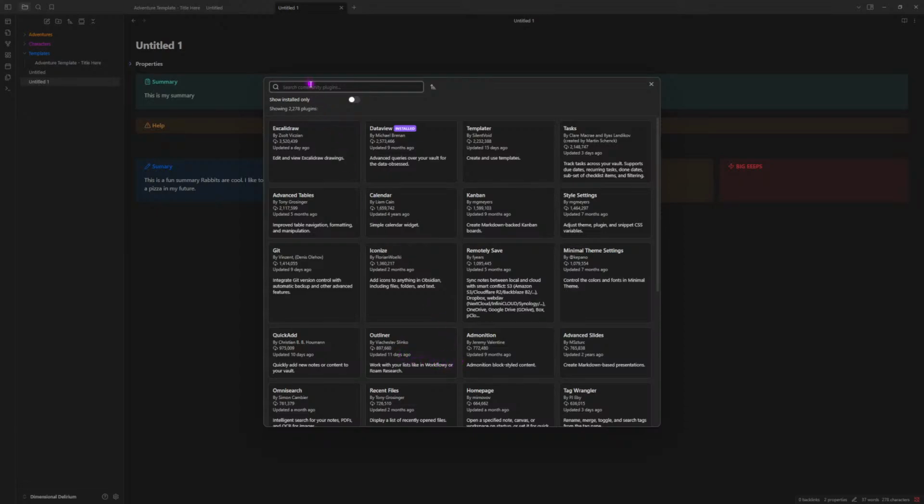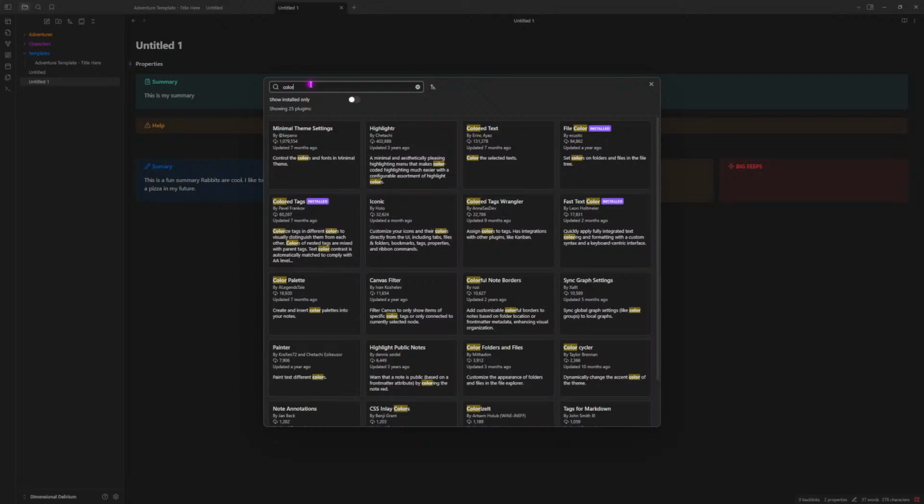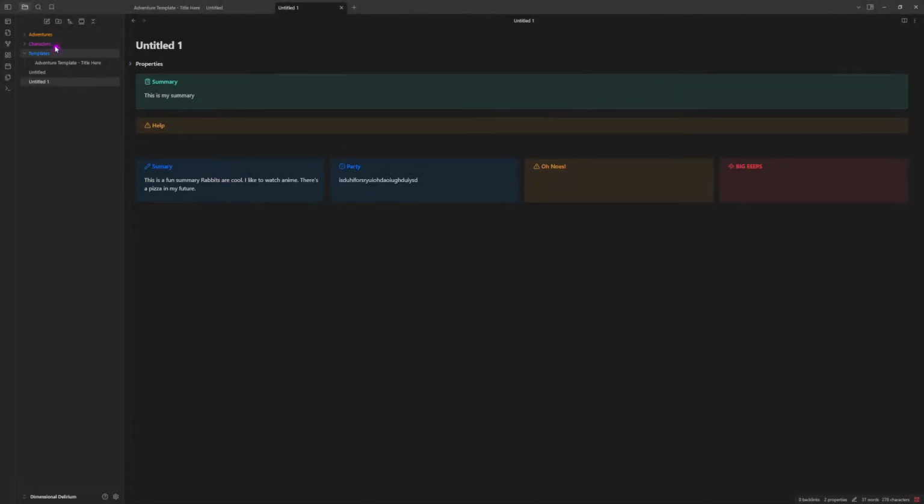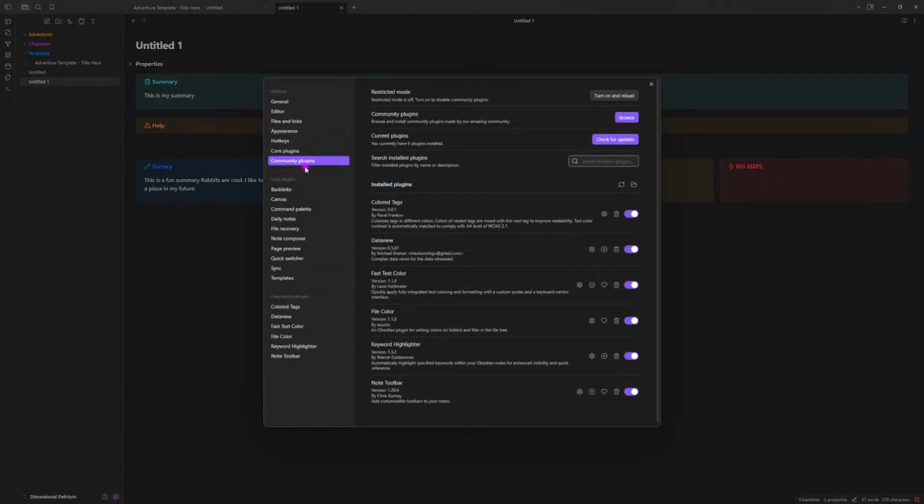And if you're looking for something like the color text things I use, I type color up here. Here's file color, colored tags, fast text color. And so for these colors up here, this is the file color plugin. So you go to community plugins, browse, find them. You can see I have fast text color, or not file color, and then I can go to settings for the plugin itself,